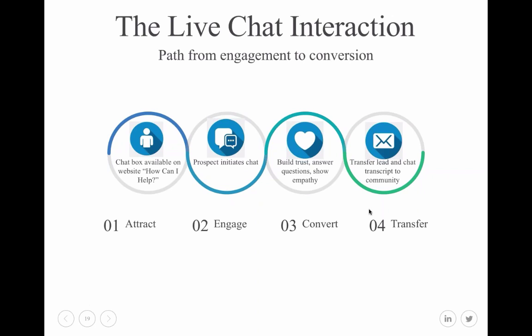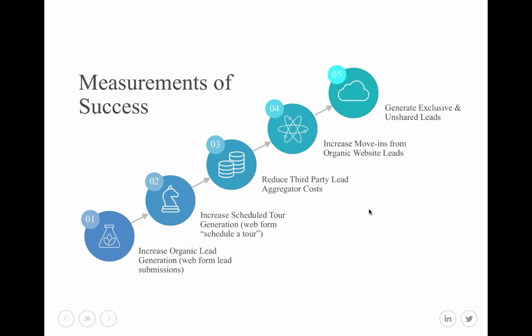Leads can be sent to the community through a CRM integration, or using a form field already on the website, or emailed with all the contact information with a transcript of the entire conversation. We measure success carefully using these metrics. We want to measure the impact of increasing organic lead generation. We want to measure the ability to increase scheduled tour generation from website visits. Also, reducing third-party lead cost is always a priority for our members, and increasing move-ins from organic lead sites,